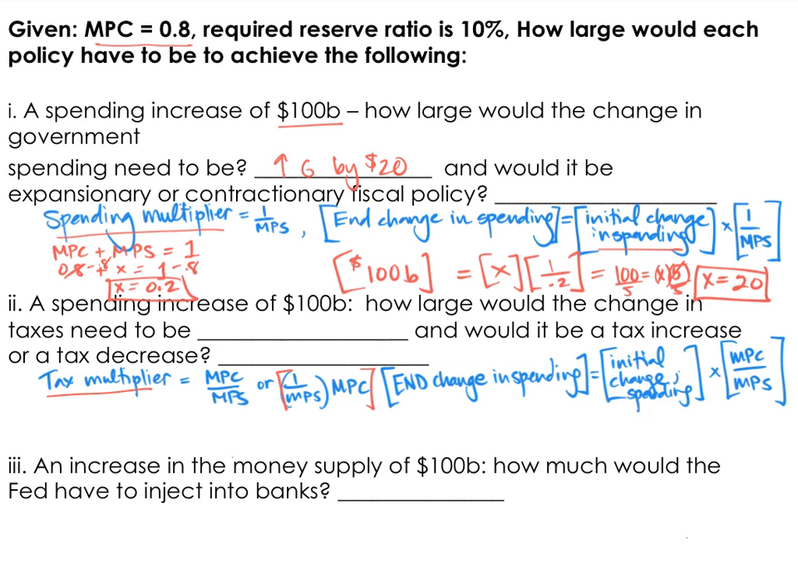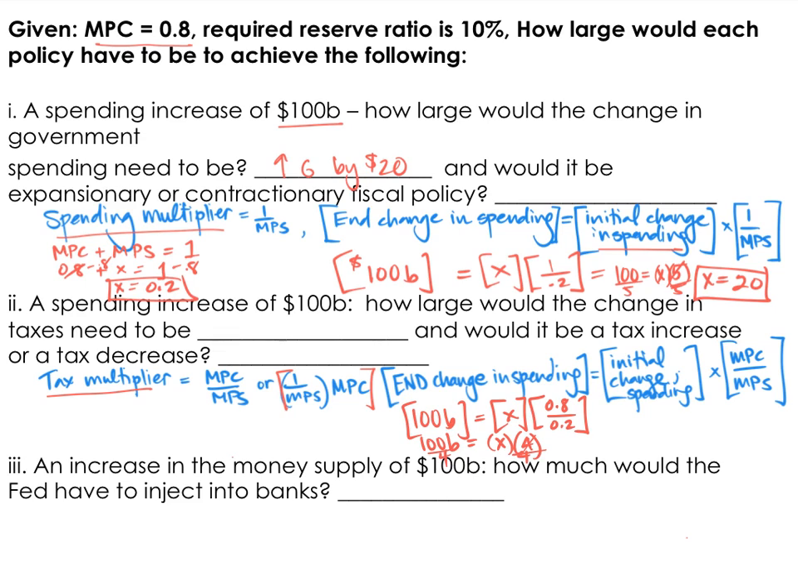And so we have, again, 2 pieces of the 3 pieces of this equation. We have the end change in spending, which is still 100 billion, equal to the initial change, which we don't know, times the tax multiplier, MPC over MPS. So that's 0.8 divided by 0.2. So tax multiplier is 4 instead of 5. So we've got 100 billion equals x times 4. And divide both sides by 4,